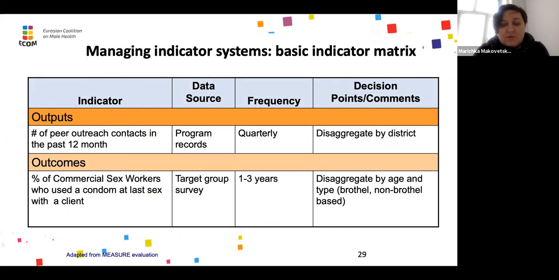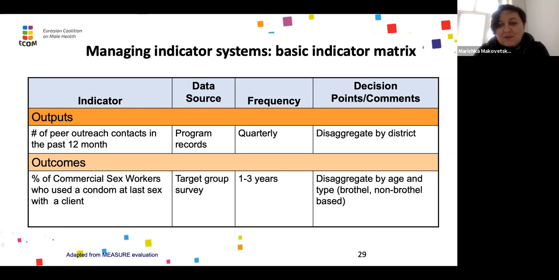The easiest way in this case will be to take program records and see the number of all peer outreach contacts. Then you should think about frequency. How often should you collect this data? For example, in this case, it's enough to collect this data on a quarterly basis. There is no need to do this collection or calculation each month, because that will be too much. And of course, you don't want to put an additional burden on your M&E specialists, so it's enough to have it only